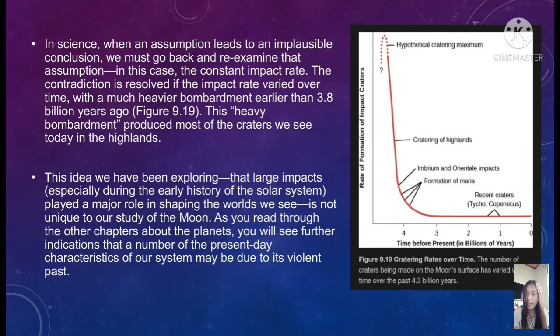We have been exploring that large impacts, especially during the early history of the solar system, played a major role in shaping the worlds we see, and this is not unique to our study of the Moon. As you read through the other chapters about the planets, you will see further indications that a number of the present-day characteristics of our system may be due to its violent